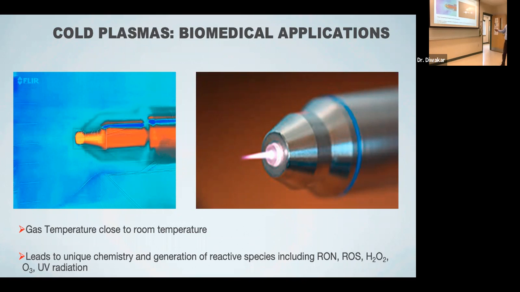When we expose our cells and tissues, we're exposing them to this extended part, not this part. Even then, these are not very hot. This extended part is close to room temperature. And why is it important? Because it contains very reactive chemical species, which are very important for doing some bio reactions: reactive oxygen and nitrogen species, ROS, reactive oxidative species, H2O2, ozone, and UV radiation, which can potentially kill all the pathogens. So if you have any pathogens or bacteria, this can kill them right then and